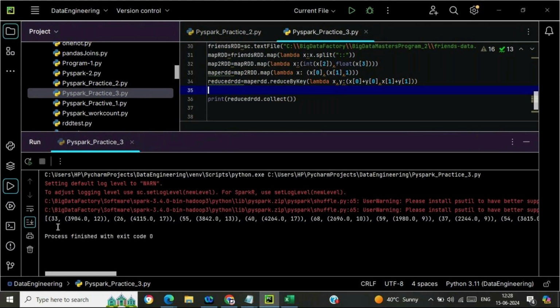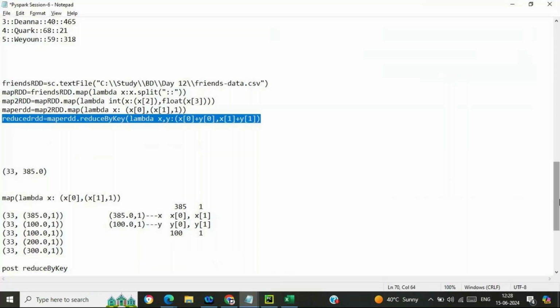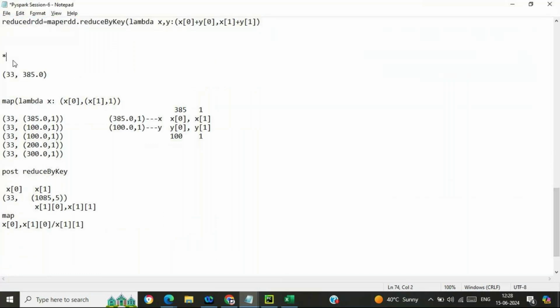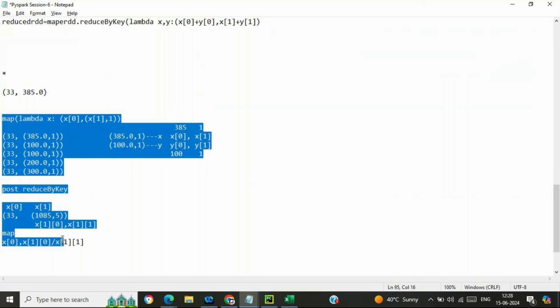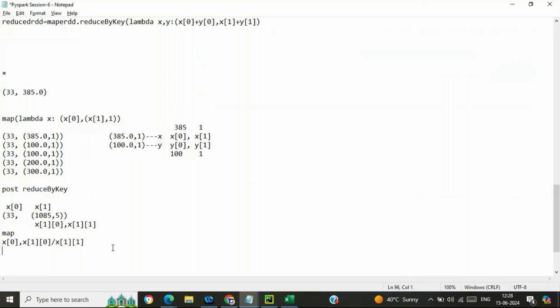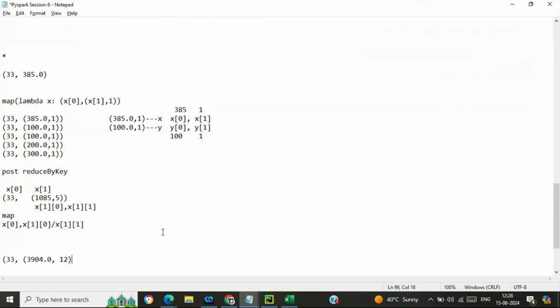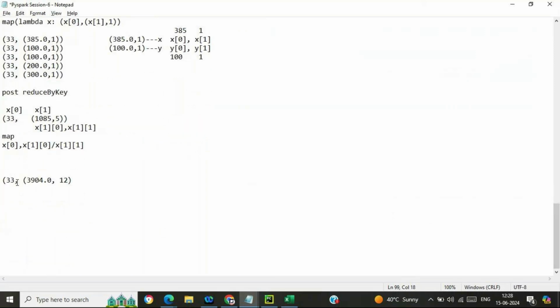Okay, so this is the outcome we got from the reduced by key transformation. This is very important. You need to go through these computations. Now, this is the outcome after reduced by key.